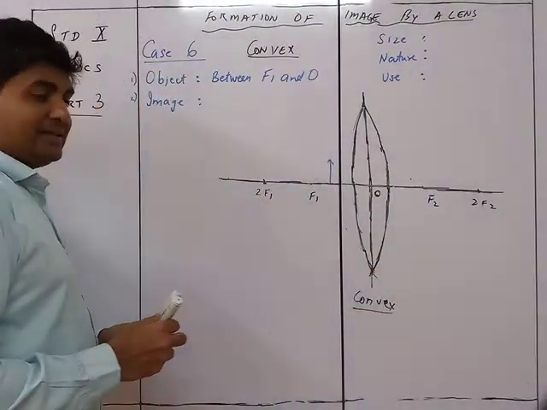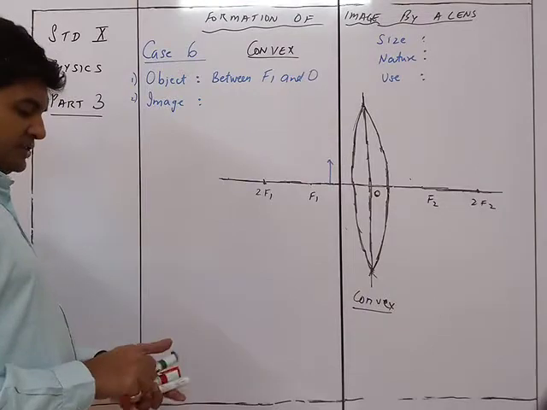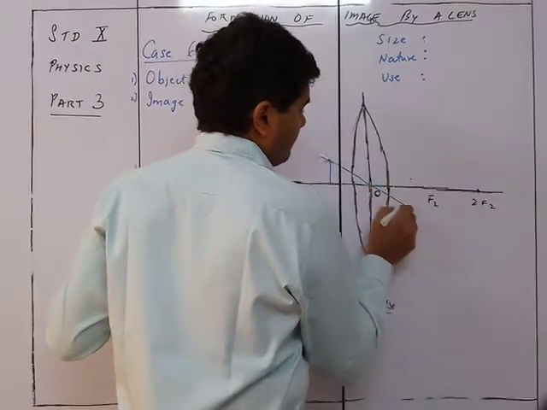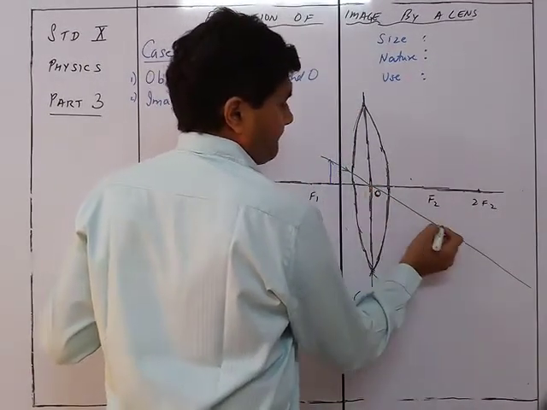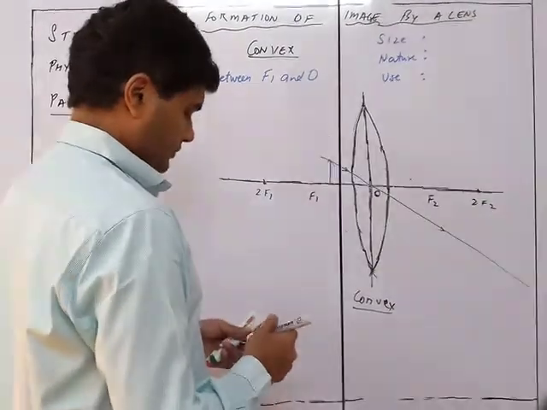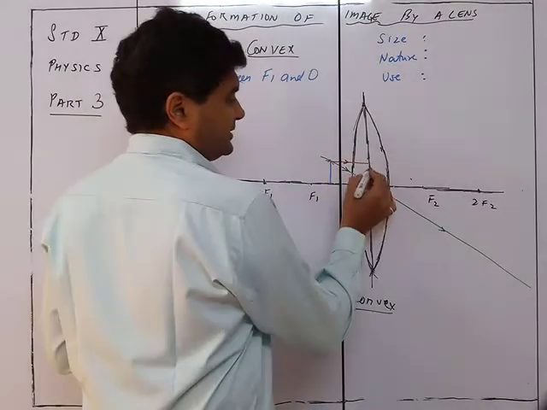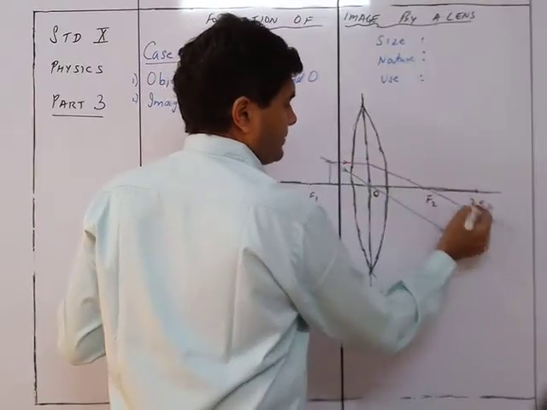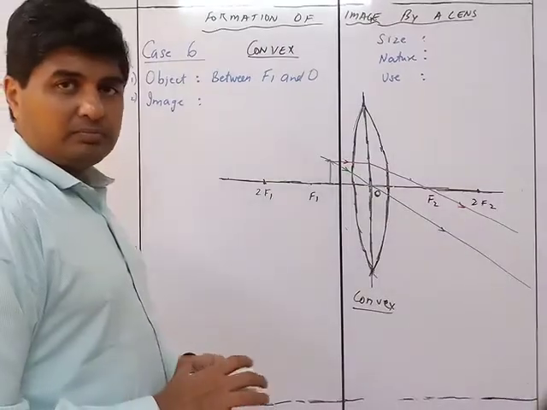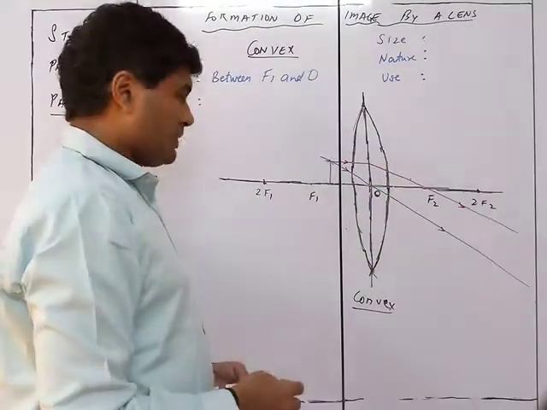So accordingly, we will be having the rays now. So let's take the rays. First ray passing through O, undeviated, passing through O. Second ray, parallel to principal axis, passes through F2, like this. This one you cannot show, so better leave it. It will cause confusion how to pass it and then how to draw the principal axis, so leave it, doesn't matter, you don't need it.